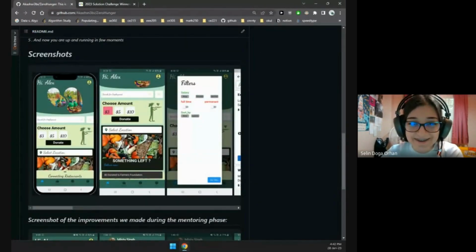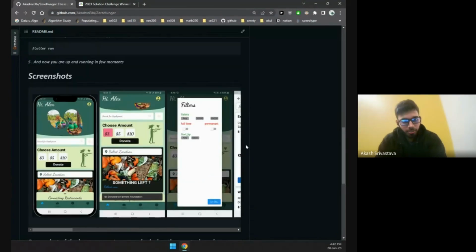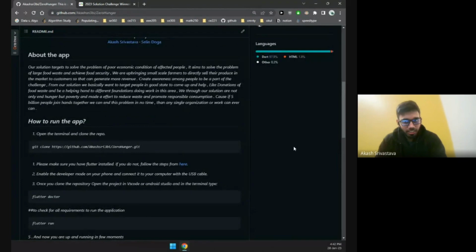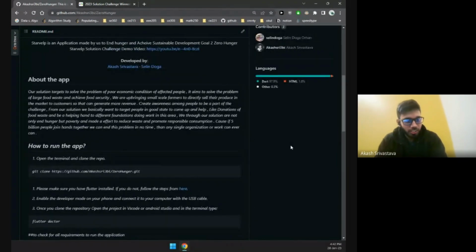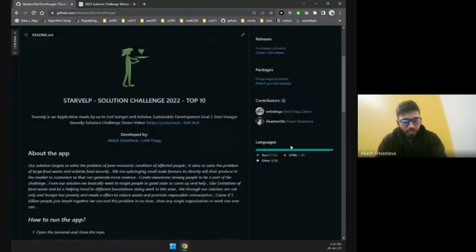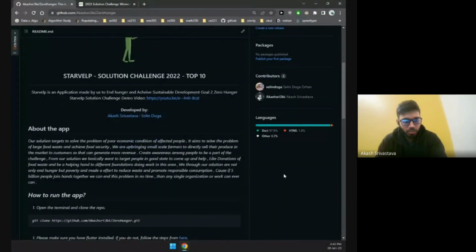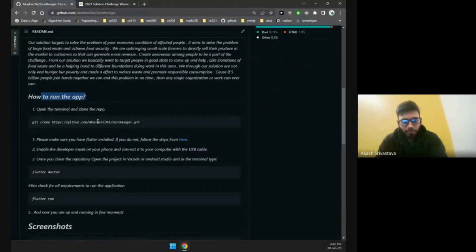I guess the documentation part is really important, because I think there are some points for that. When I was looking at it last year, you have to clearly describe your project in a better way, and you need to highlight how you can run the application, whether it's a website or a hardware product. For hardware, I think a video will do fine.